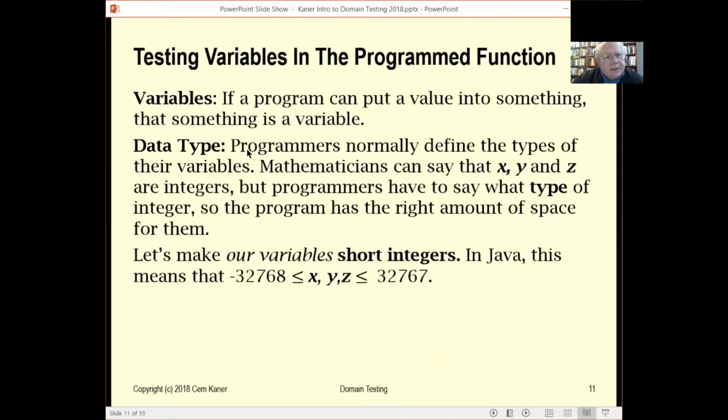In programming, another difference between that and mathematics is that we define data types. In mathematics, it's enough to say x is an integer. In programming, along with saying x is an integer, we say what kind of integer, because the programming language has to reserve space. How much space in the computer's memory are we going to allow for this variable? And so I'm going to say that these variables are short integers. A short integer in Java can take any value between